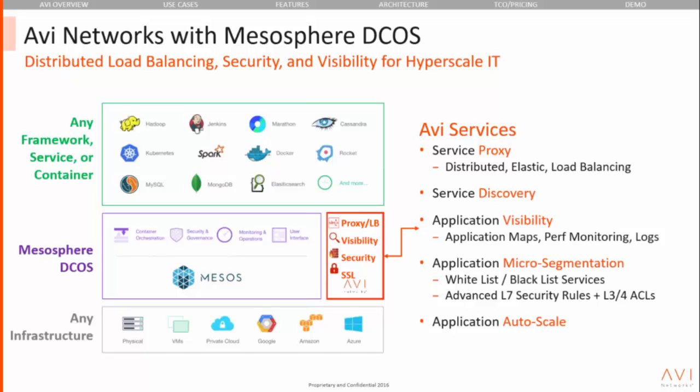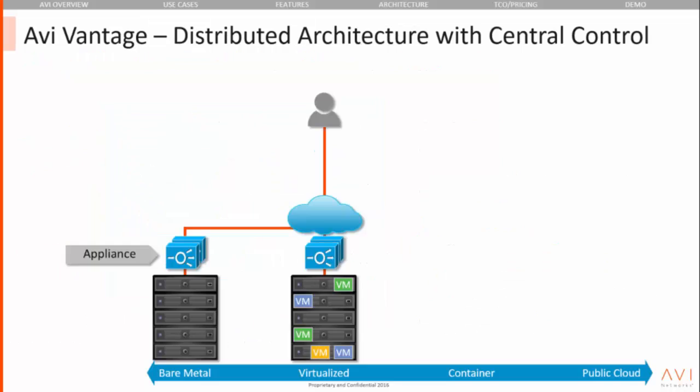We utilize a distributed architecture, much like the other microservices architectures that are enabling this revolution. So what we did a few years ago was we studied how data centers are architected around proxy functions like load balancing, and the reality was there was a very appliance-centric way of deploying these applications.